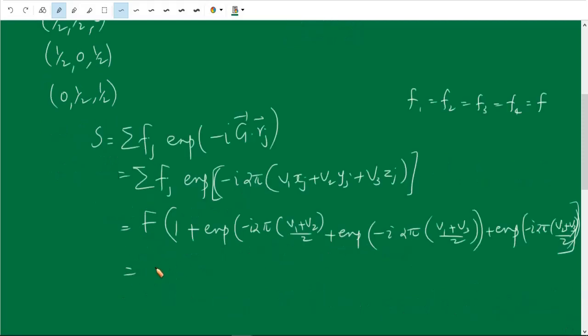So this is equal to f into 1 plus exponential